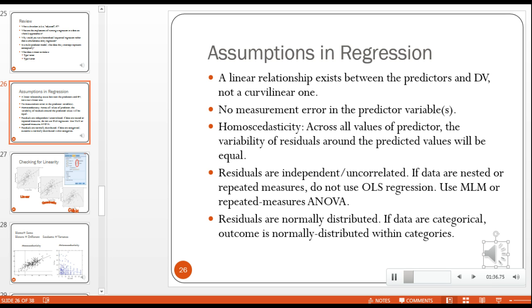However, there are other cases where data, and I should say knowledge, is still emerging on how to best deal with assumption violations. So measurement error in the predictor variables, I think, is one of those where there's still some uncertainty as to how to deal with it, because we know that we have measurement error in all of our variables. We have imperfect measures of our constructs. And so to the extent that that measurement error is impacting the veracity of our results, we really don't know for sure.